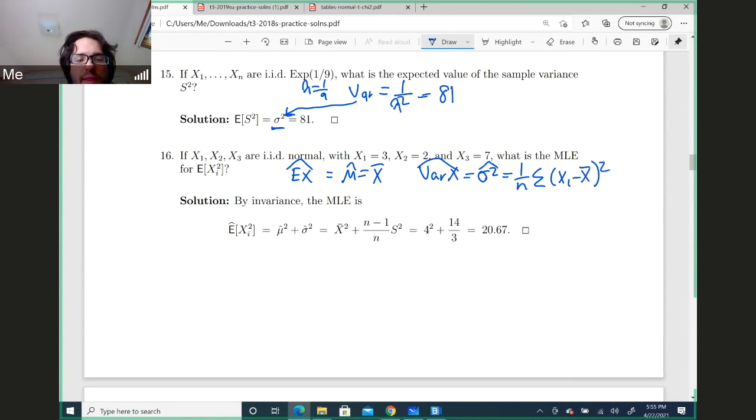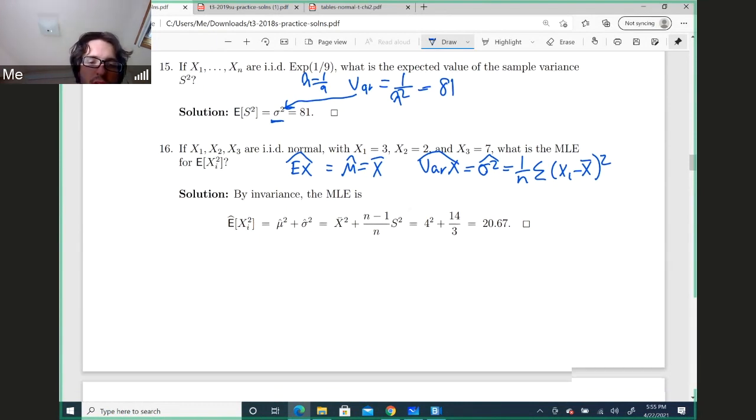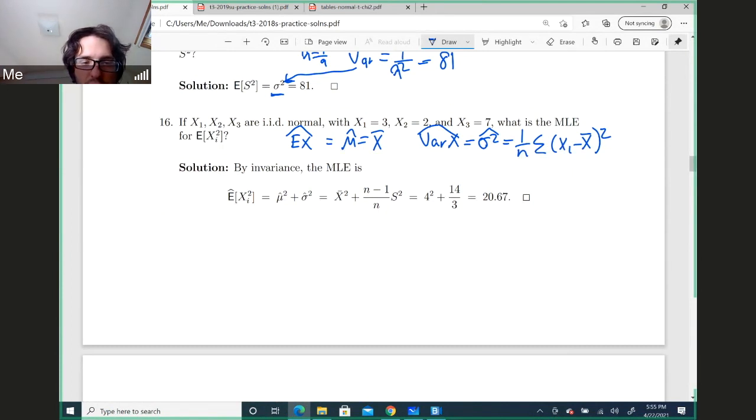However, in this case, we want to find the maximum likelihood estimator for E of x squared, which is neither one of these things. But from our trusty formula that we saw earlier, the one where Var(x) is equal to E[x squared] minus (E[x]) squared,